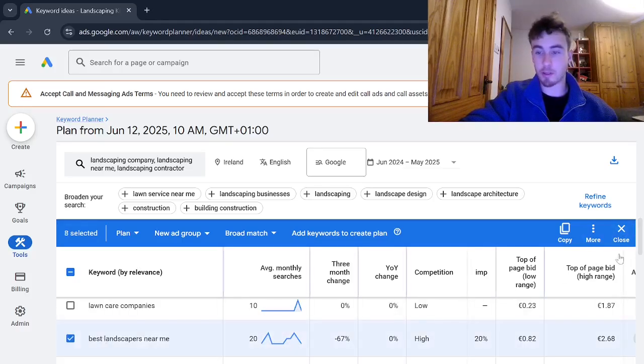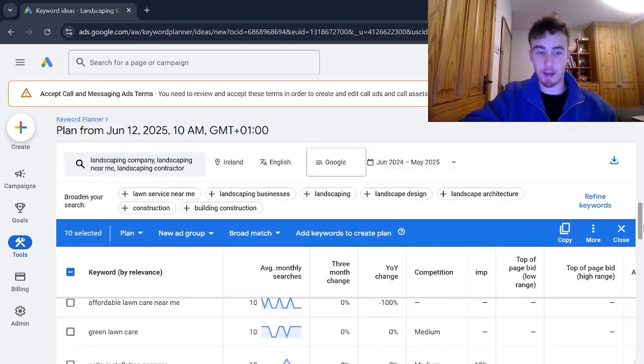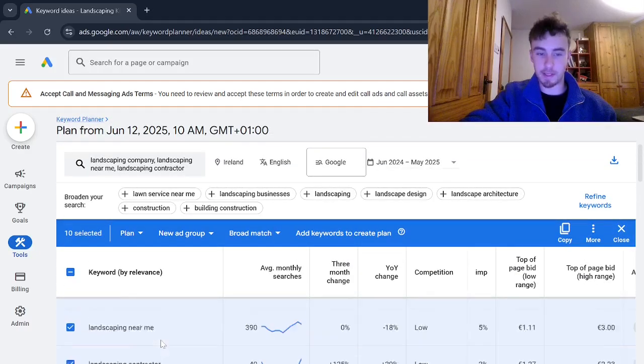But best landscapers near me is good as well. Landscape services and landscaping contractors near me are also good keyword suggestions to potentially go with. Now, that's just to give you an idea of keywords that have clear intent for somebody that's actually looking for